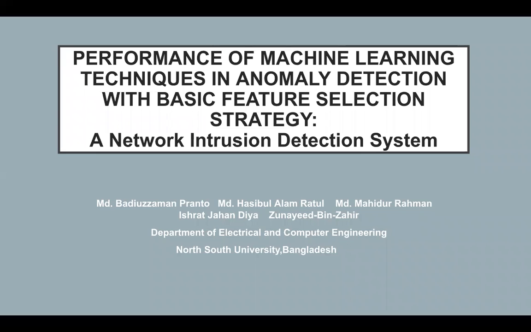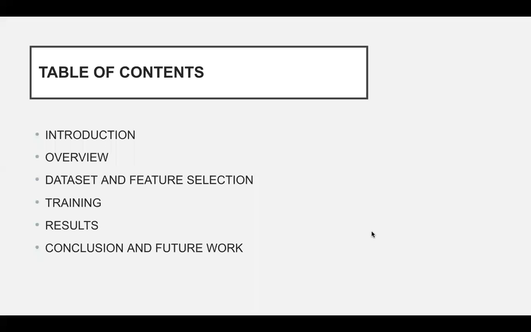I and my co-authors, MD Hasibul Alam Ratul, MD Mahidur Rahman, Isra Jahandia, and Mr. Junaid bin Jahid have written this paper titled Performance of Machine Learning Techniques in Anomaly Detection with Basic Feature Selection Strategy. So this presentation has been broken down in the following sections: introduction, overview, dataset and feature selection, training, results,